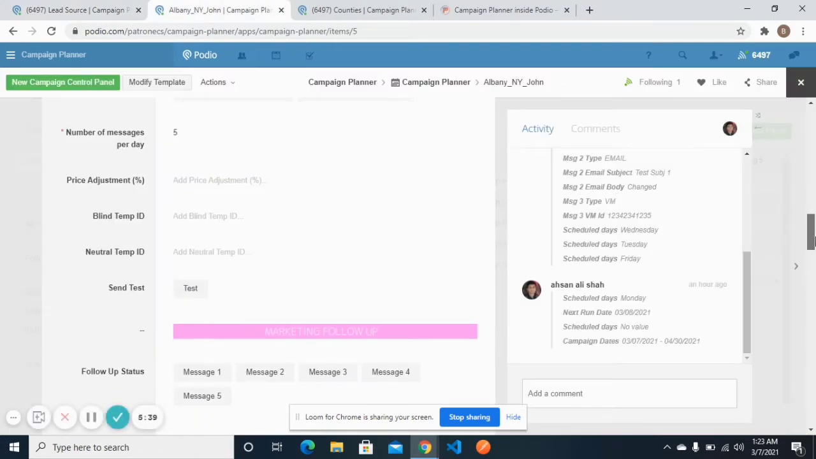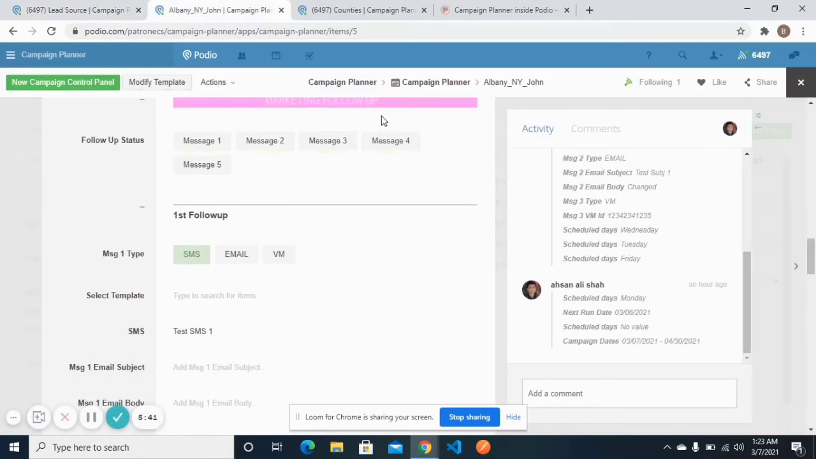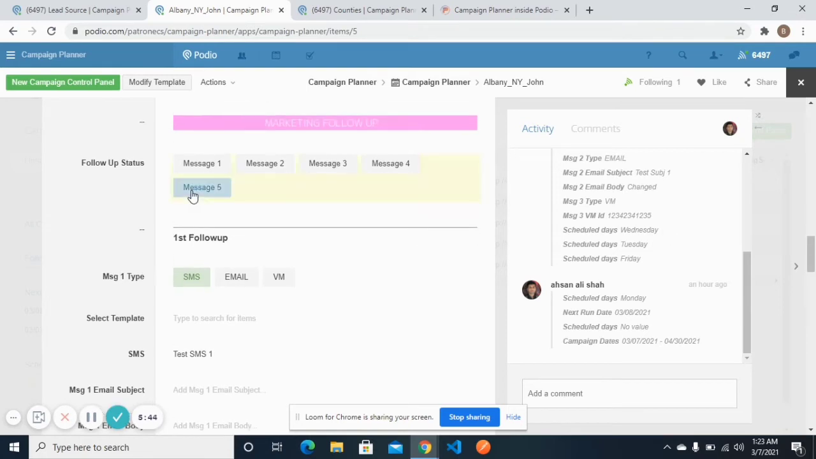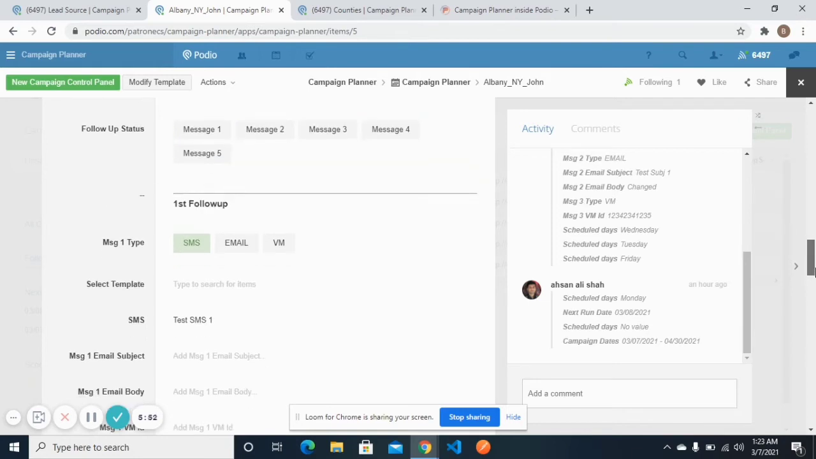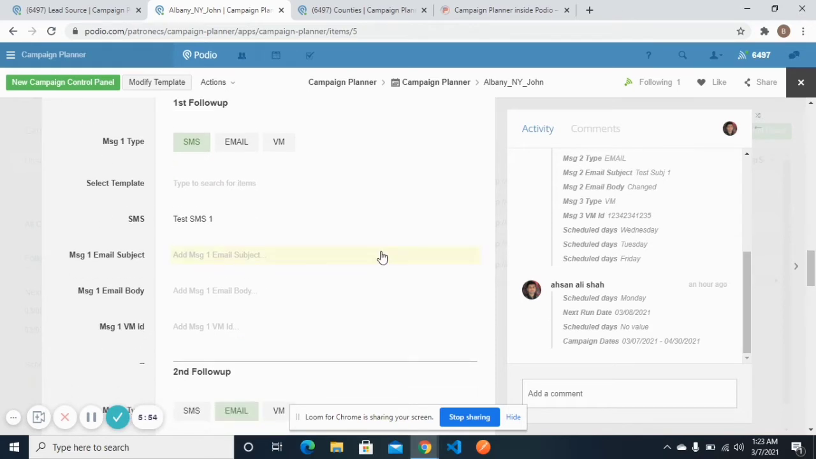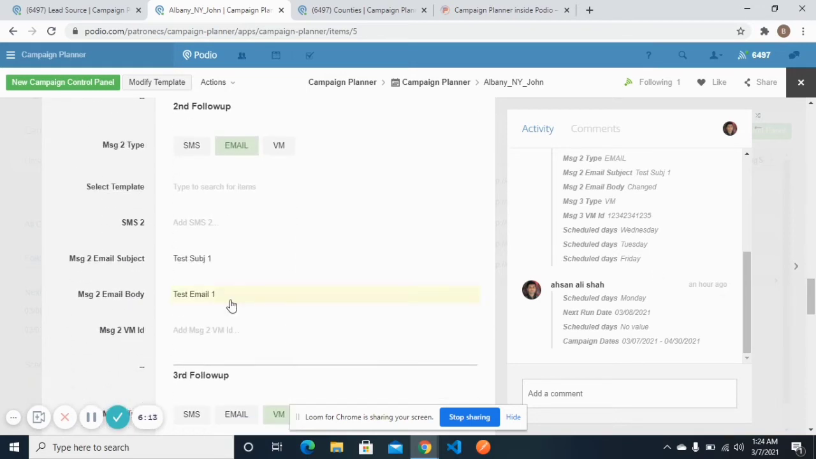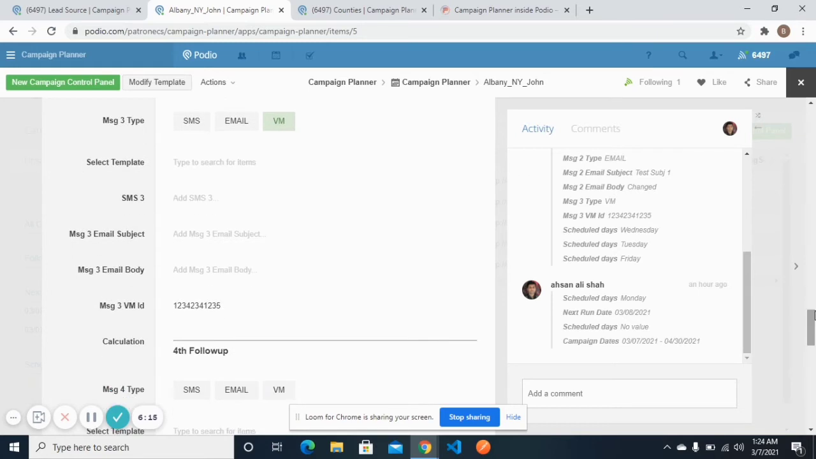So we have also given an option inside this marketing follow-up. So total of 5 messages. We can customize it for you, and you can define any number of messages over here. So here is the message types. You can either send SMS or email or voicemail. So if you select SMS here, you need to give the body of the SMS inside this SMS multi-line field. And if you select email, you need to give the email subject and email body. And if you select the voicemail, then you need to give the